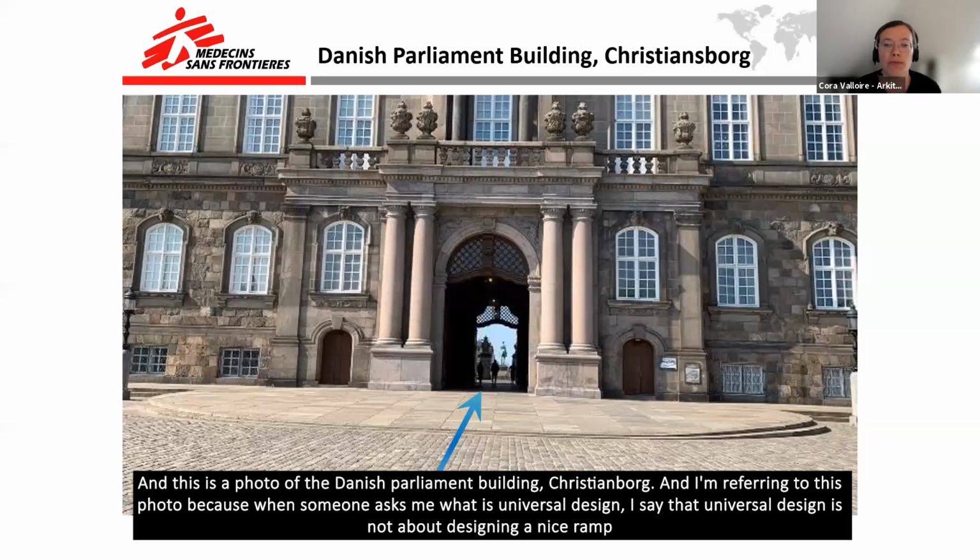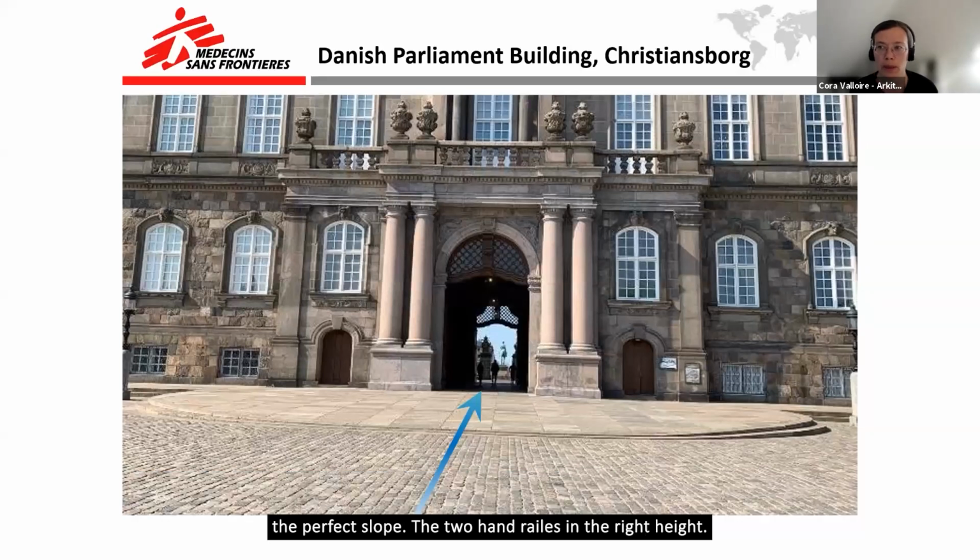This is a photo of the Danish Parliament building called Christiansborg. And I'm referring to this photo because when people ask me, what is universal design? I say, well, universal design is not about designing the nice ramp, the perfect slope, the 2 handrails at the right height.